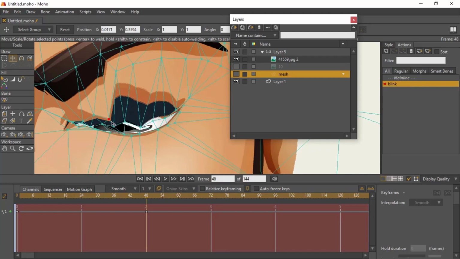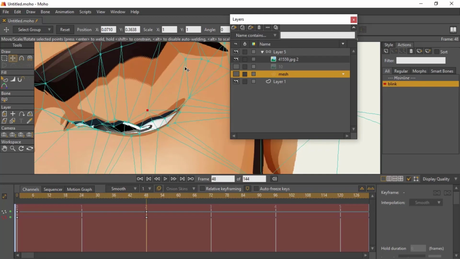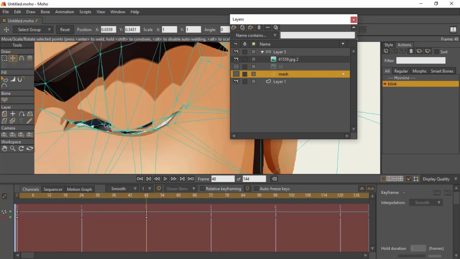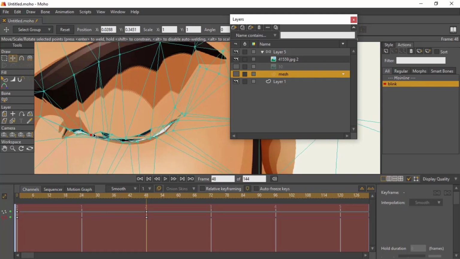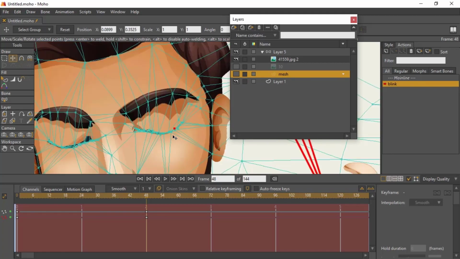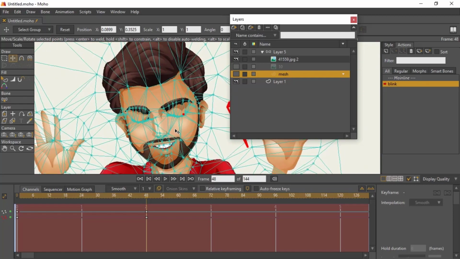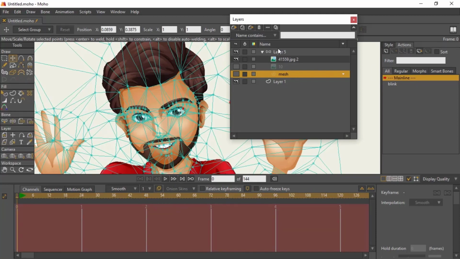Okay, so with that being said, and we have this, and don't worry, during the animation you wouldn't feel the warp as much as this. Okay, so let's say this is what we have and this is what we want. You could also take your time to make it much more perfect, but you could see that the guy is blinking already. So when we go back to our main line, double click on the main line and go back